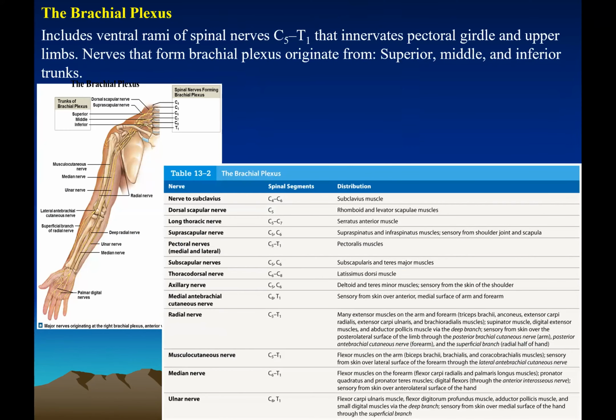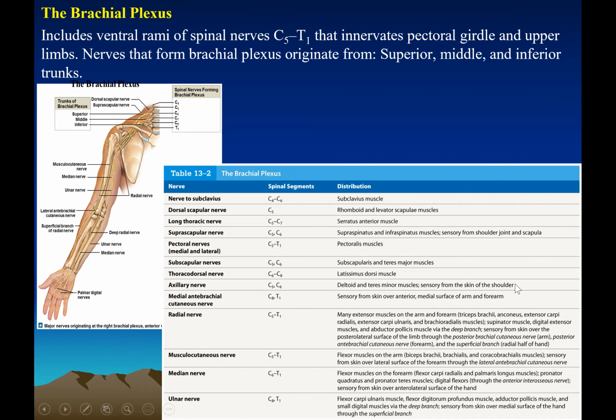The brachial plexus includes the rami of spinal nerves C5 to T1. They innervate the pectoral girdle and your upper limbs. The nerves that form the brachial plexus originate from the superior, middle, and inferior trunks. This is the branching to form these trunks, and these trunks will further branch into cords and nerves. For example, you can see the axillary nerve is C5, C6. The axillary nerve will innervate the deltoid, the teres minor muscle, and collect sensory information from the